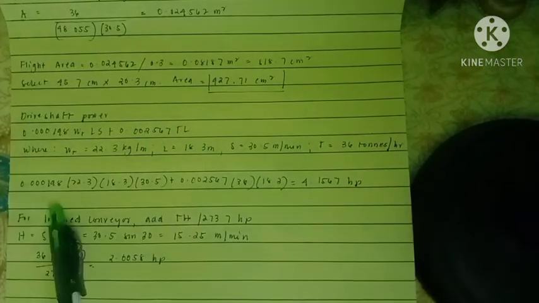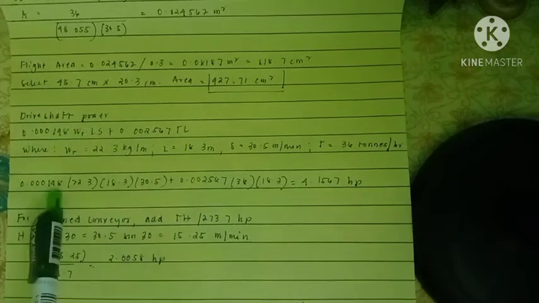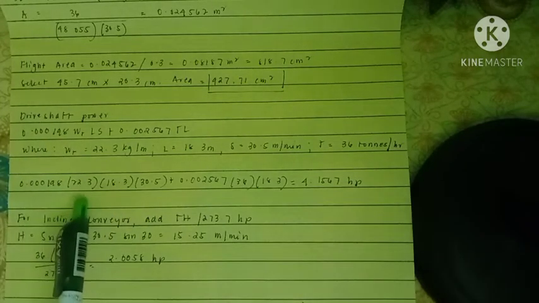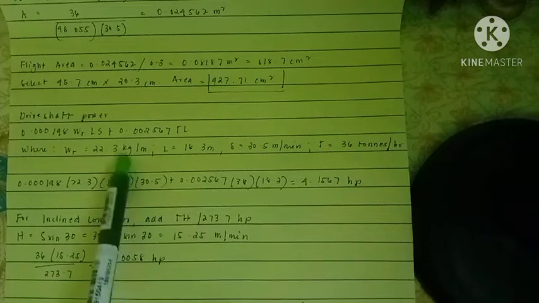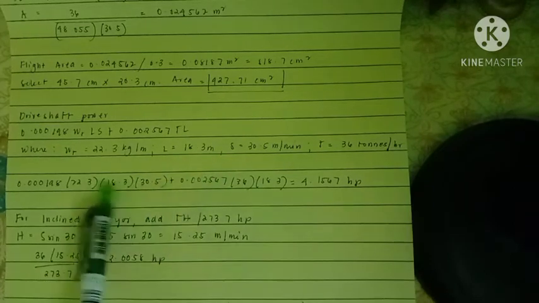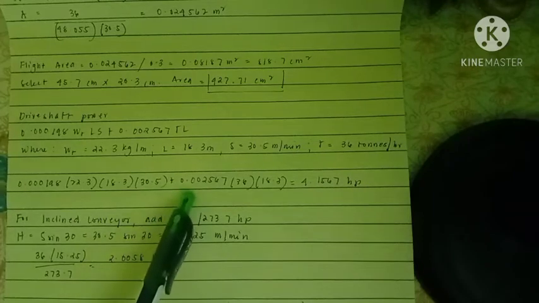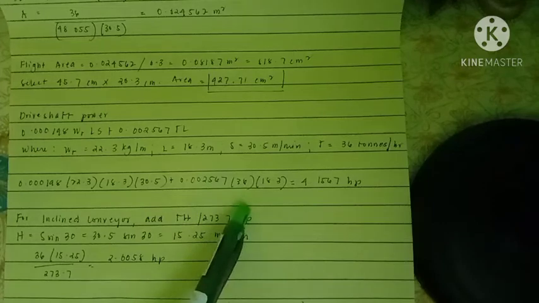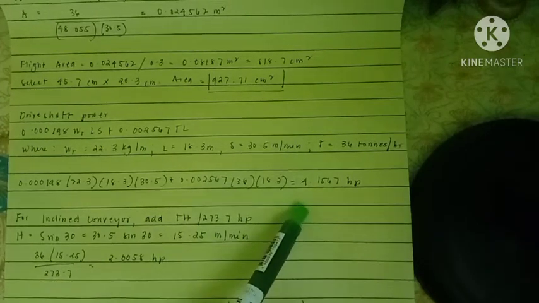So substituting these values in this formula, we have 0.00198 times 22.3, which is our W_T, and our L, 18.3 meters. Next is our S, 30.5, plus 0.00256 times 36 times 18.3, which will give us a result of